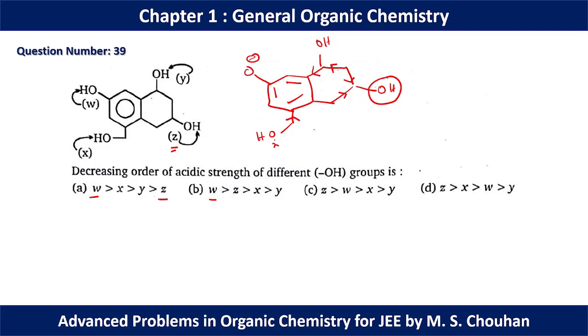Now if we compare between X and Y, in X we have only 1 minus I, in Y position we have 1 minus I along with 1 plus I. So 1 minus I and 1 plus I will neutralize each other, but here we have one stabilizing effect, that is minus I effect. So the stability of X must be greater than stability of Y. So for question number 39, A should be the correct option.